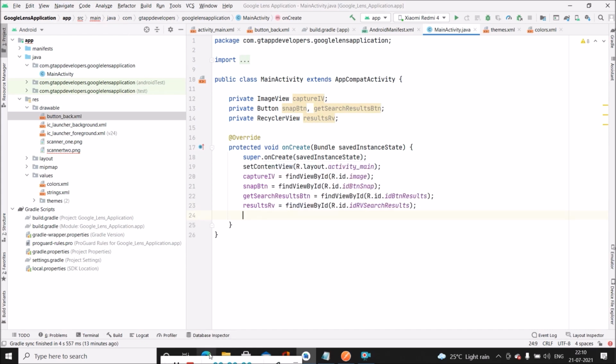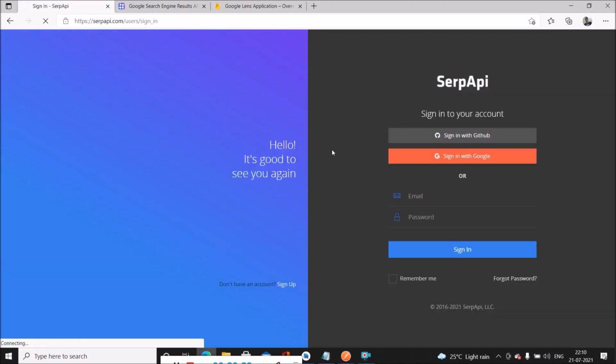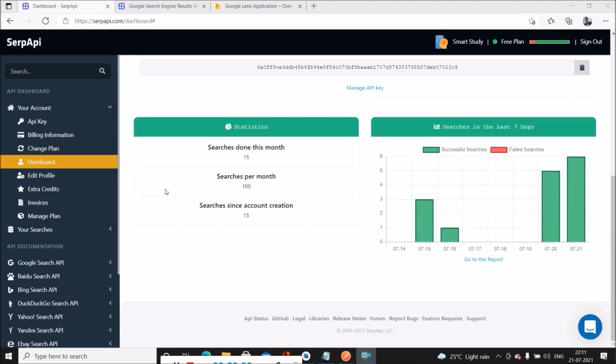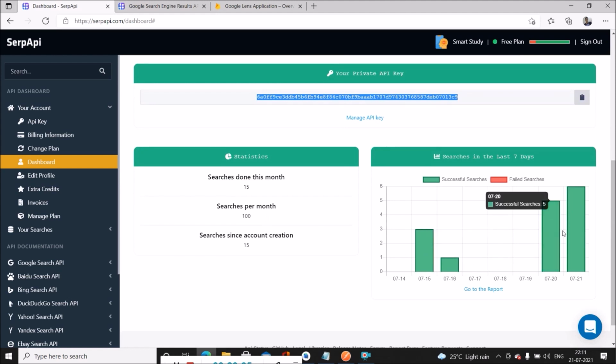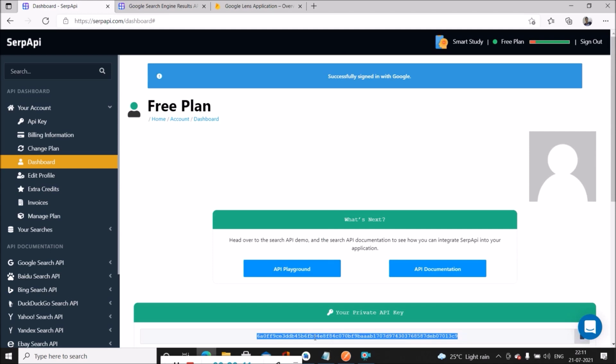So we will be using the search API. For using the API, we simply have to go to this site, that is serpapi.com. The link for this is also present in the description. Then inside this website, we simply have to click on sign in, and we will be signing in with our Google or any account. So I will quickly sign in. Now once you have signed into your account, you can get to see this type of an interface. So here we can get to see our API key, and then we can get to see the plan. So currently I have used this one, but in your case you will not get to see it. So here is the API key which we will be using inside our application.